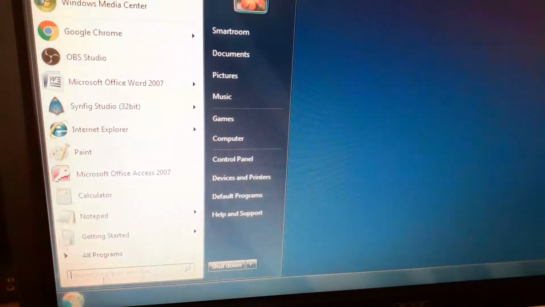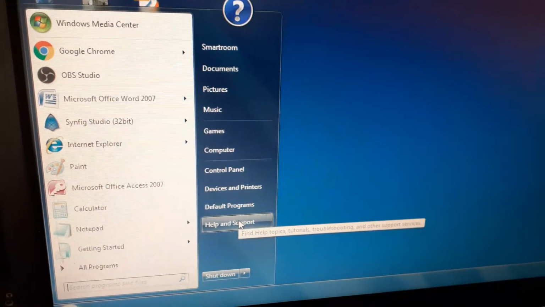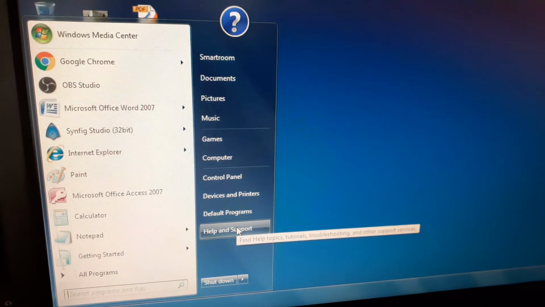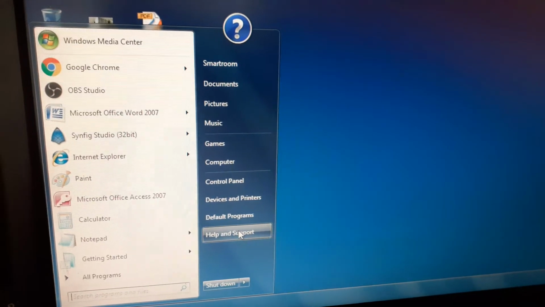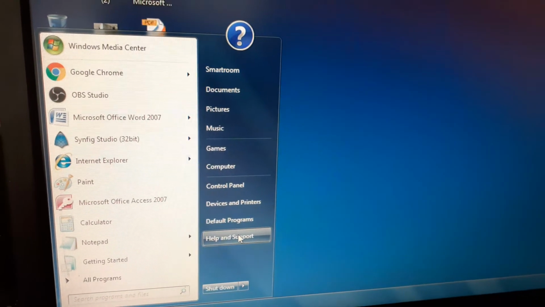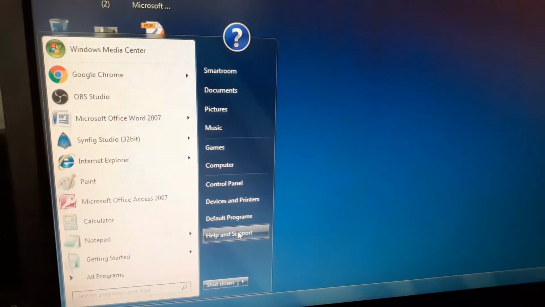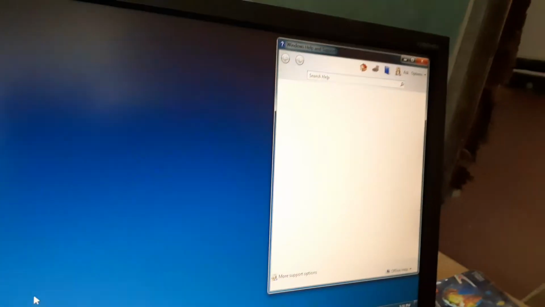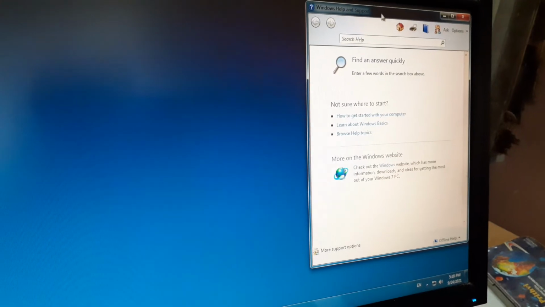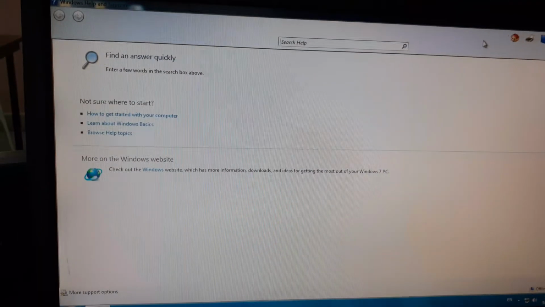Then after that, help and support. It will open Windows help and support where you can get help for using Windows. If you want any help then you have to click here. This window will be opened.